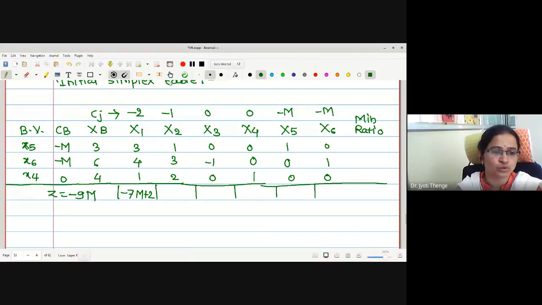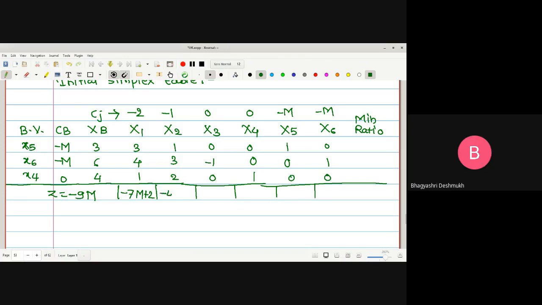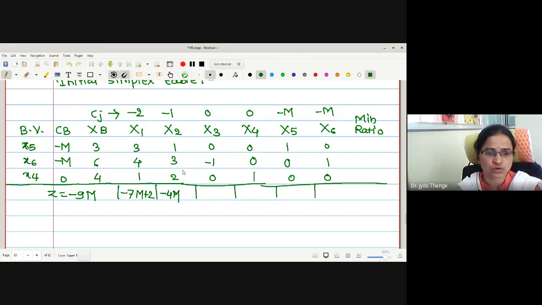Next, what is delta 2? CB x2 minus C2, right? CB column into XB column minus this above entry. So let us do the calculation. This is minus M minus 3M. How much is it? Minus 4M. This is 0. Third, minus of minus 1, that is plus M. Plus 1. Third entry, CB x3 minus C3. What is CB x3? Minus M into 0, 0. Simply M. Minus M into, yes, it is M. 0 into 0 minus 0.